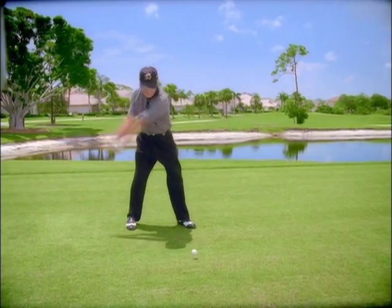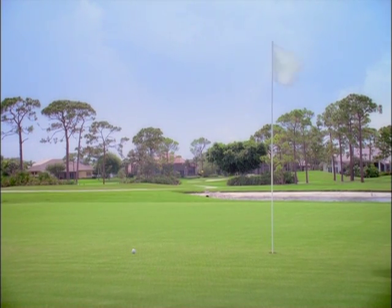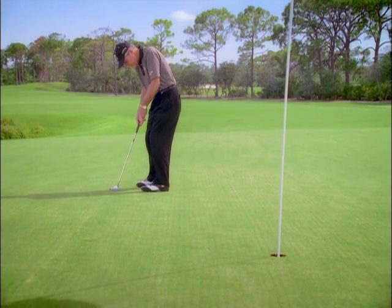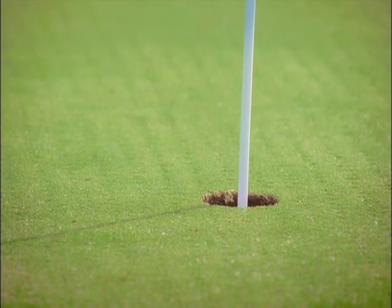I obviously don't have the ability I had when I was 20, but I'm able to see the ball land, I'm able to see it on the green, but above all, I'm able to really read the green well now. That's imperative. If you don't read the putt right, you're never going to make it. So that's changed everything. I can read the line and I can see the distance, and I'm really enjoying my